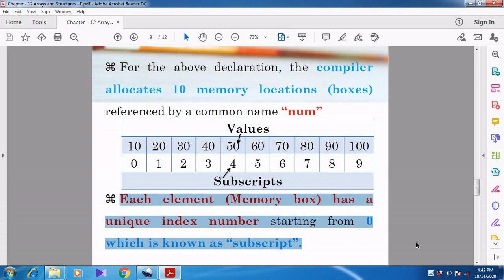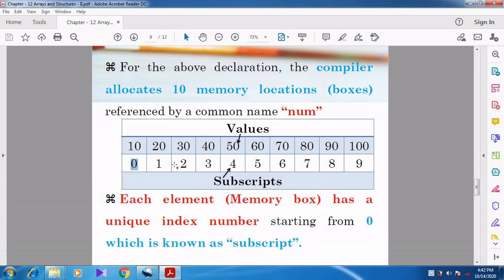So totally 10 memory boxes, and the subscript runs 0, 1, 2, 3, 4, 5, 6, 7, 8, 9. Why does it end at 9? Totally 10 boxes, so should the subscript end at 10? Because the array subscript starts from the index 0 and it ends at 9.